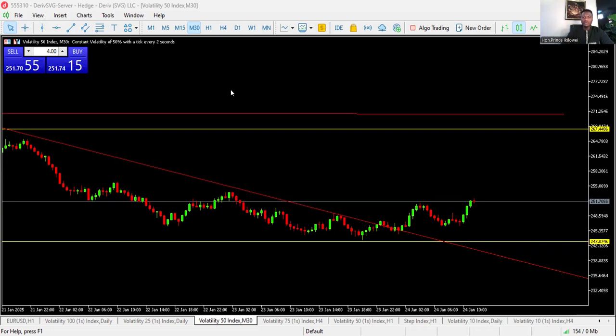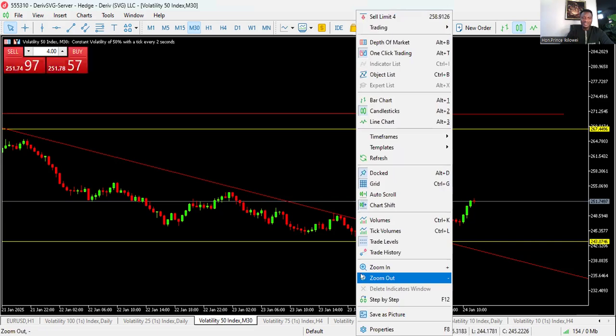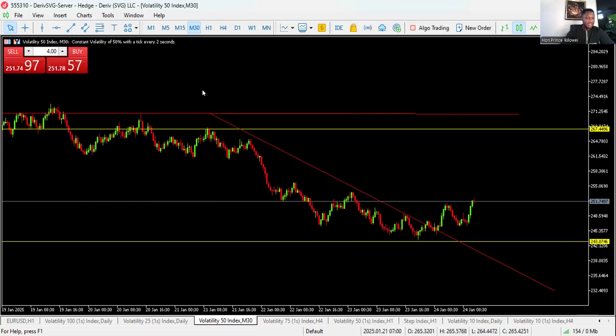Then we have now come to buy limit and sell limit. Who can help us again on buy limit? They sound almost the same thing, but they are not the same. Who can help us with buy limit?